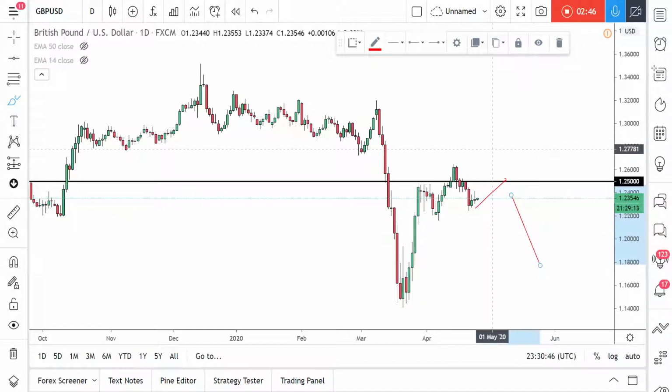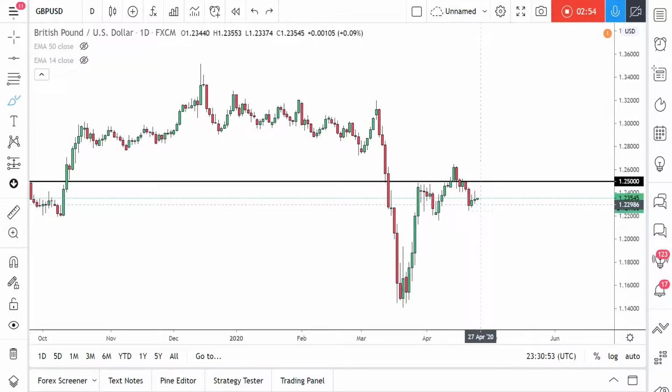downside. The important thing to remember here is that we're trying to maintain relatively high probabilities for the push to the downside, hence we wait for the retest of this level and maintain a very decent risk to reward. So the closer we are to this level, the better risk to reward we'll be able to pull off,